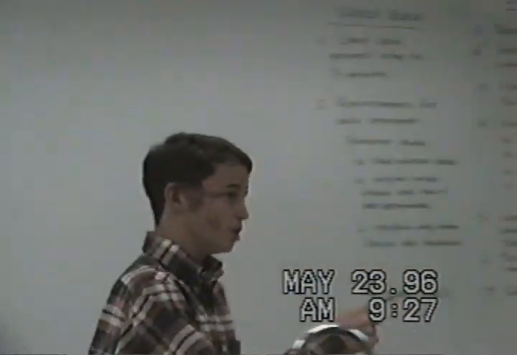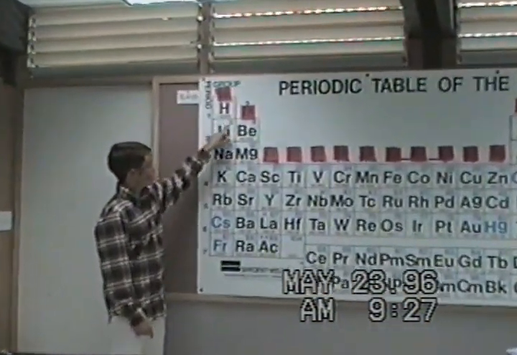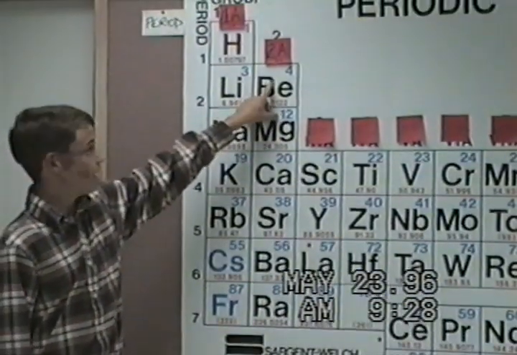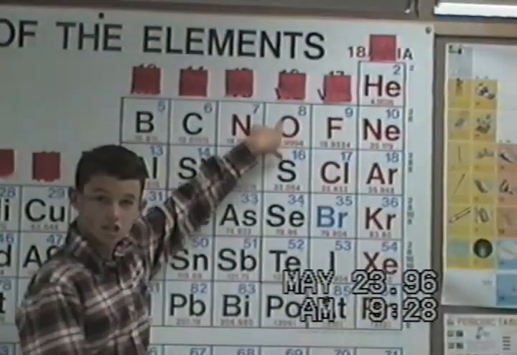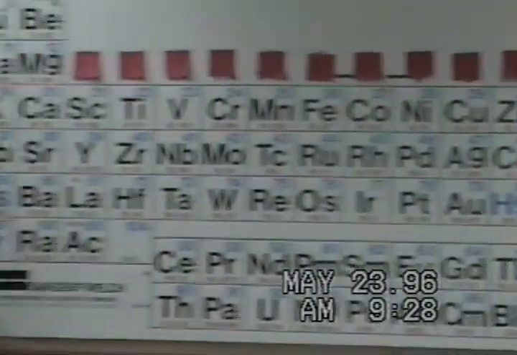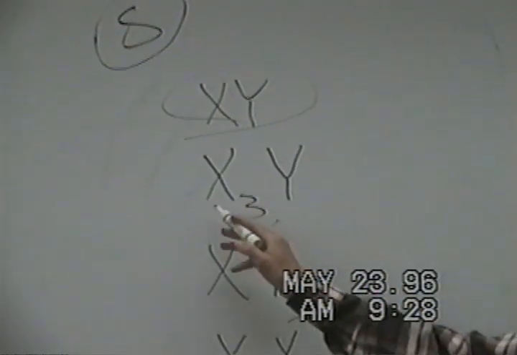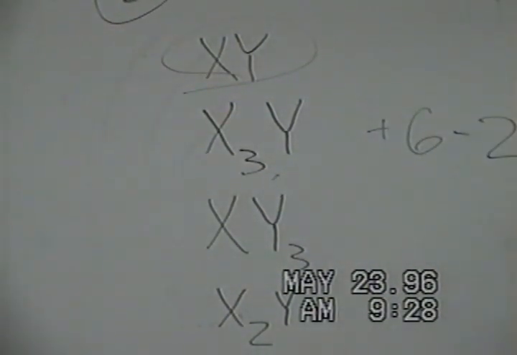And now if you'll follow me to the periodic chart, we'll see that if an atom has 2 valence electrons, they fall in this column right here, and that has a +2 charge. If they have 6, they fall in this column here, which has a -2 charge. So if you put +2 and -2 together, they form a 0. So it's XY. The other ones are wrong, because this would form +6 -2, that would still be a +4